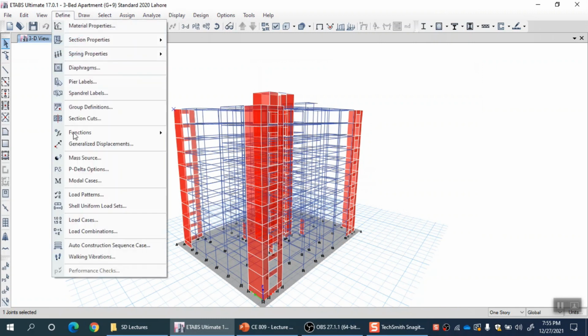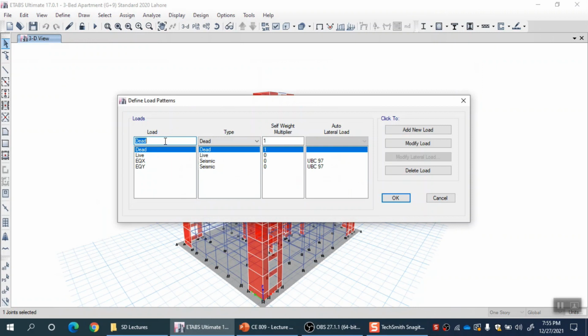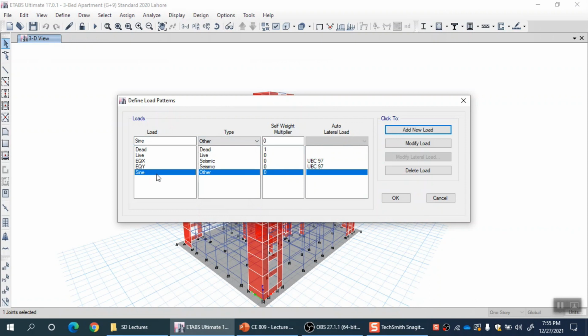So define load pattern, and let me call that pattern sine. Let's select its type as Other, self weight multiplier 0, and let me add it. Now the sine pattern is defined.